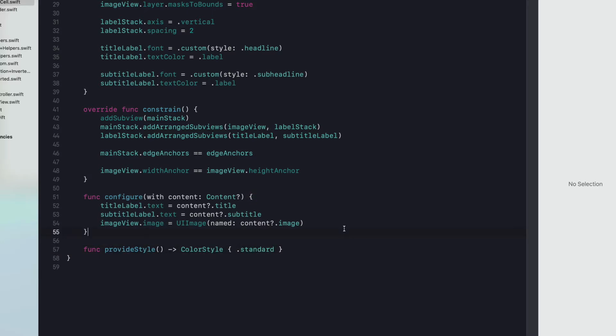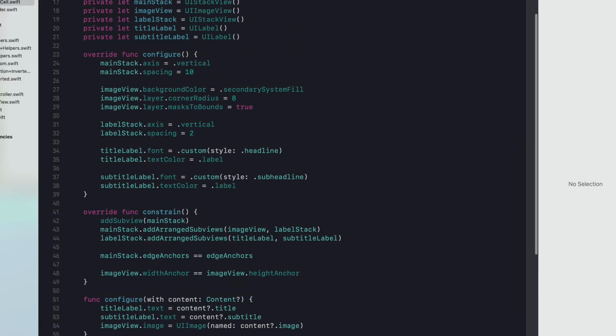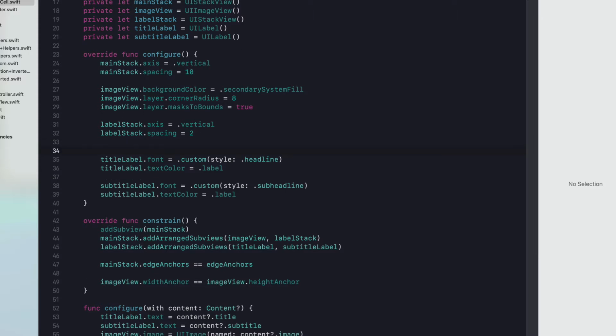There we go. Sorry for my inability to type. All that's going to do is return standard for this case, and then we need to actually use it. So in configure, here we're going to grab a text color. So we're going to say let text color equal